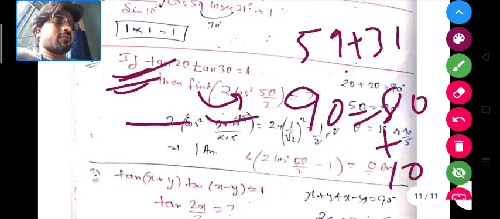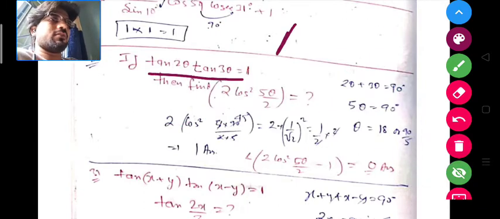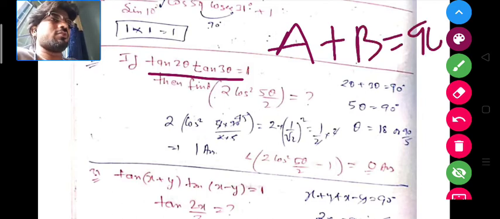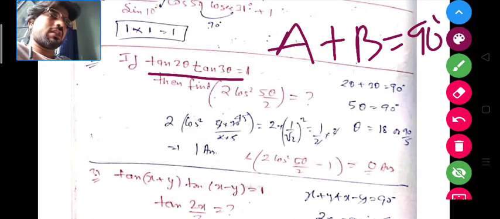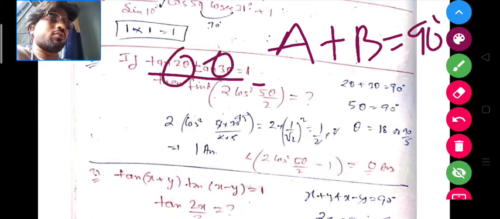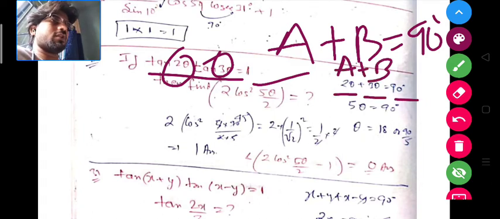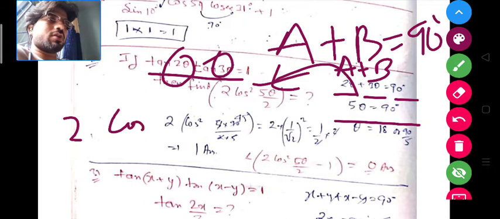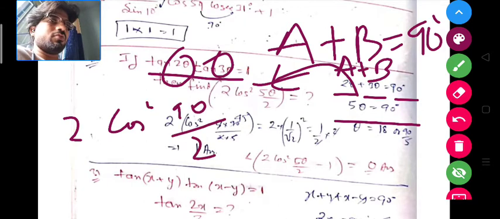Here a similar question we have about complementary pair angles. The questions we are working on follow the principle of complementary pairs, and A plus B is equal to 90 degree. Here the question is tan A times tan B is equal to 1. So tan A times tan B is equal to 1 when A plus B is 90 degree. So A plus B, that is 2 theta and 3 theta, is equal to 90 degree. It becomes 5 theta is equal to 90 degree. To find the value of theta, we can directly put the value of 5 theta here and find the answer. So 2 cos square 90 by 2, which is equal to